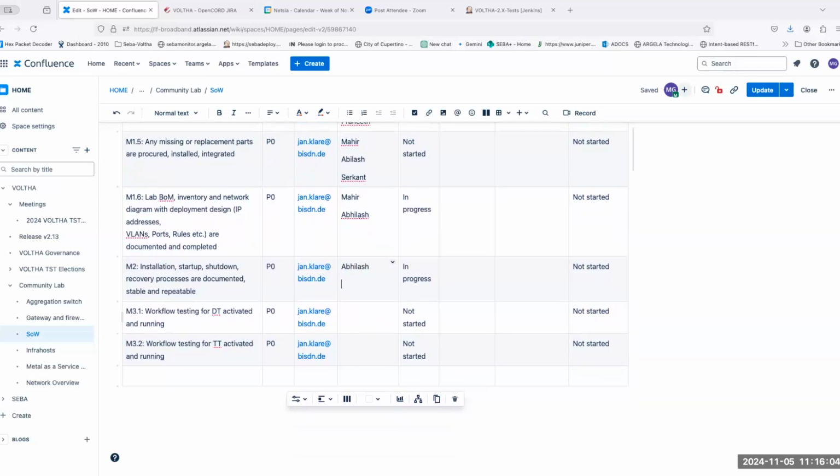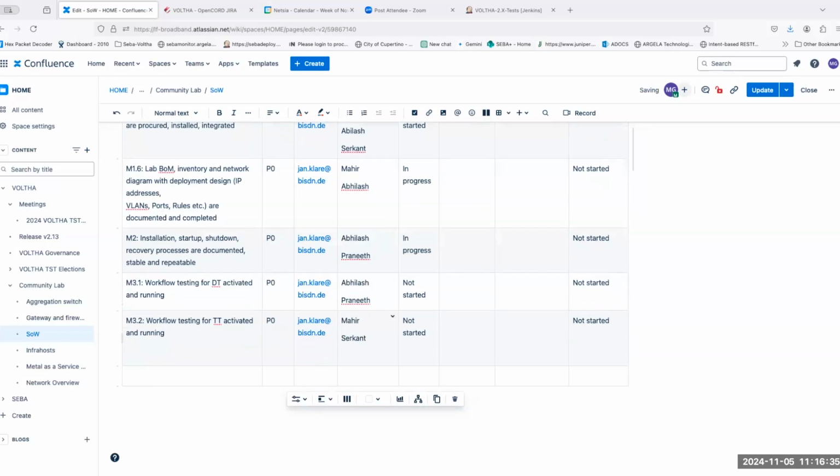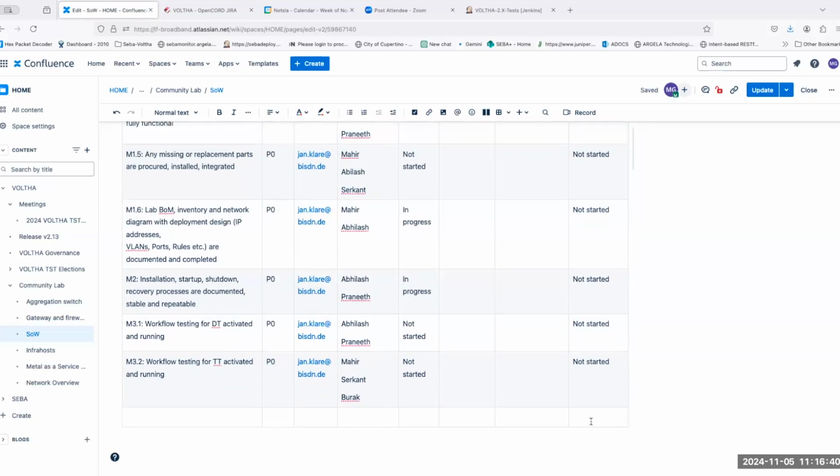M3.1. I can review M3.1. Yeah, mine on M3.1 as well. Abhilash and Praneeth. Yeah. Mahir, did you call my name? Yes, and I put your name. Okay, that's great.